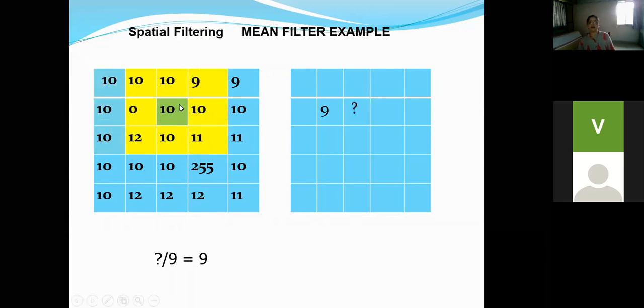Now this is your new pixel under consideration, and for this pixel we are considering this yellow region as the 3 by 3 neighborhood. Now please type your answer for the next pixel, the second pixel.